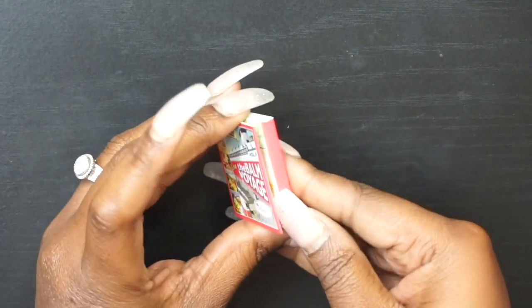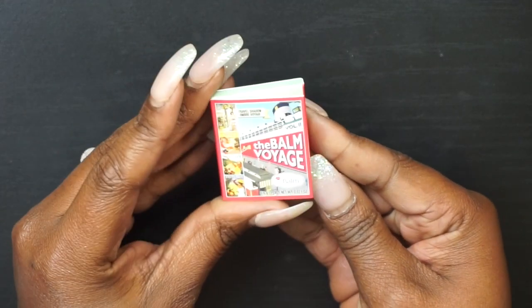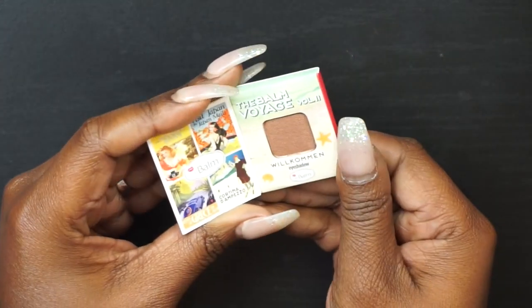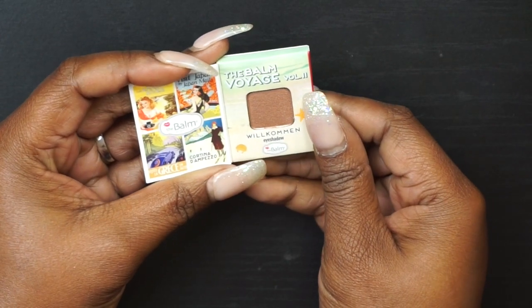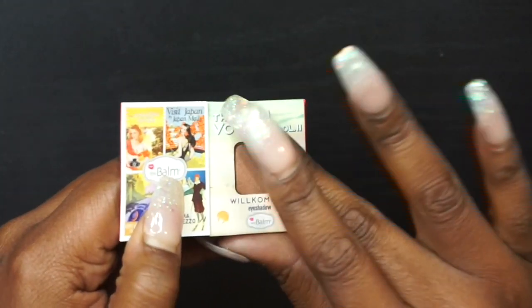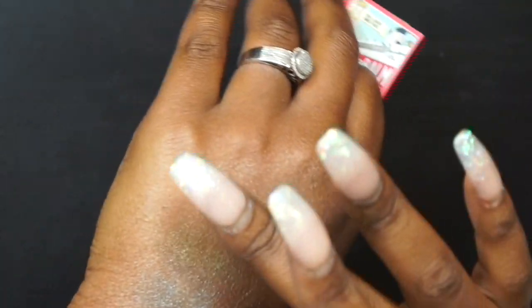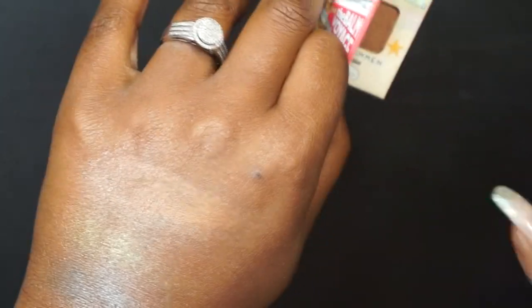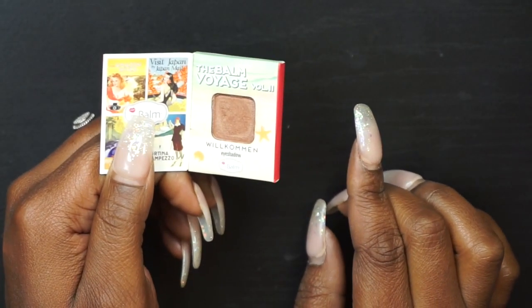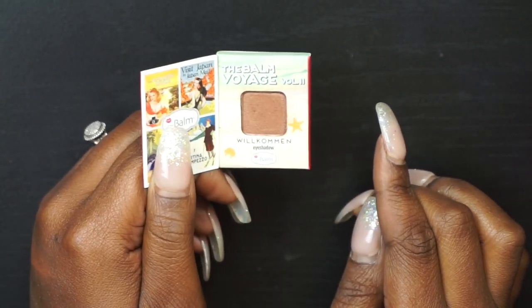And then the last item in here is the Balm by The Balm. And I want to say this is an eyeshadow. It's a pretty gold, but you guys, I know I'm not going to use this because I hate getting the single eyeshadows like this, because I throw them in my drawer and won't ever use it. So in the next one,